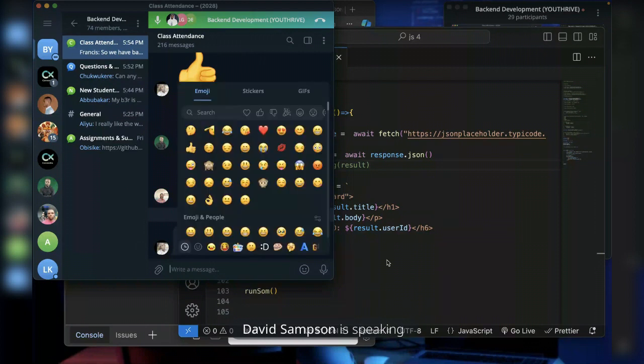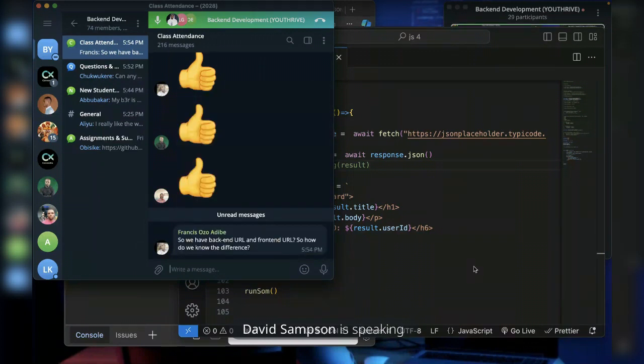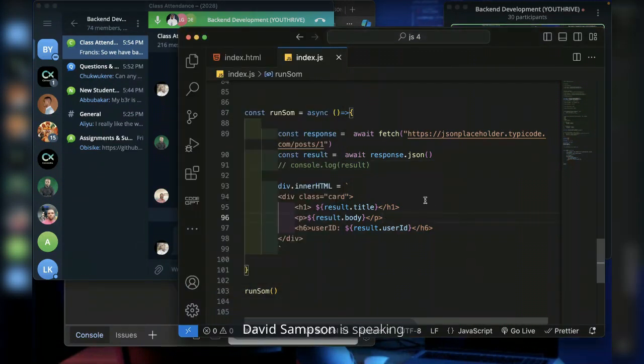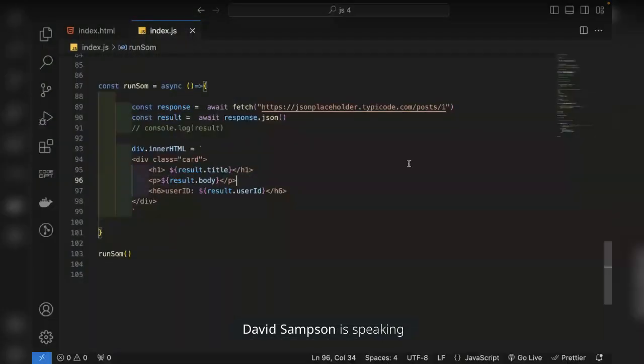Okay. Now, how to know a backend URL? There are so many ways to know. The first way is, if you look at where this .com ends, this is how front end ends. The moment you see .com, you're not going to be seeing all of this.